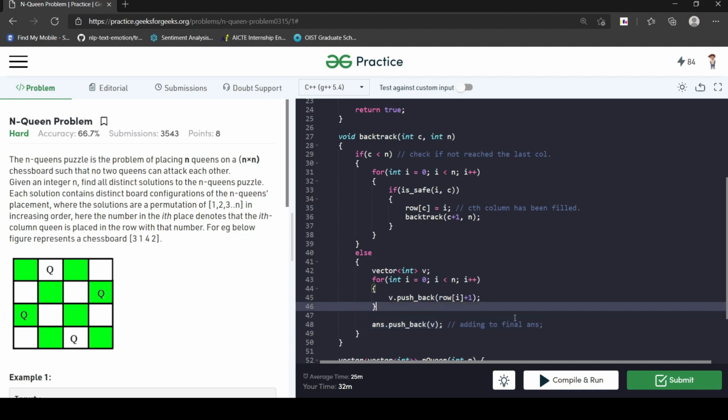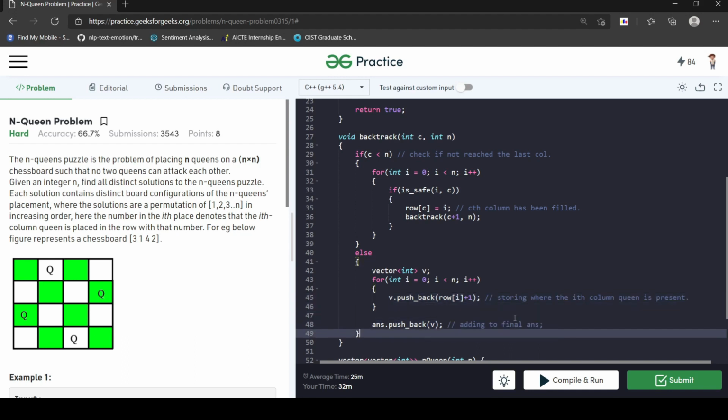So this step is storing where the ith column queen is present.